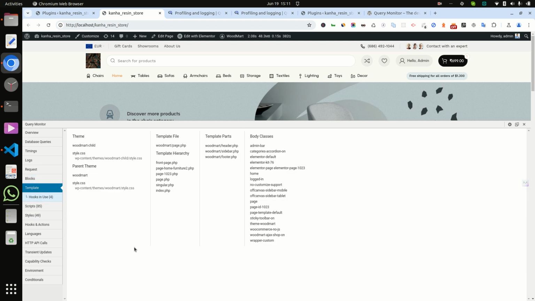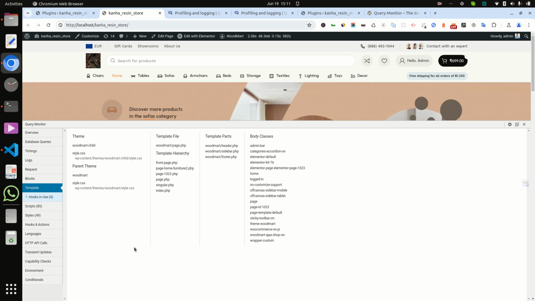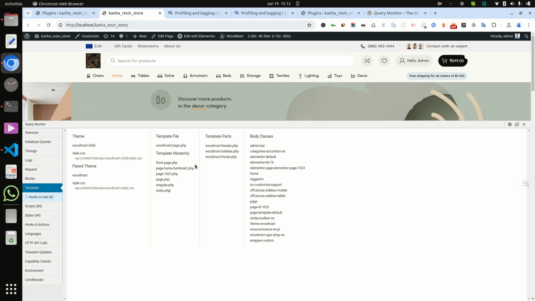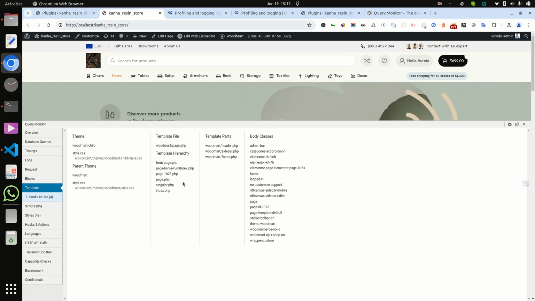And template, it is showing from which template this page is coming. Here you can see boomart page.php, and the template hierarchy is here, front page.php and page home furniture 2.php are responsible for it.